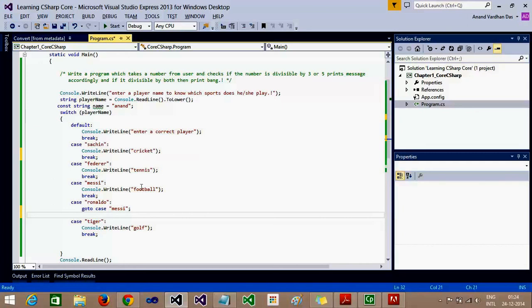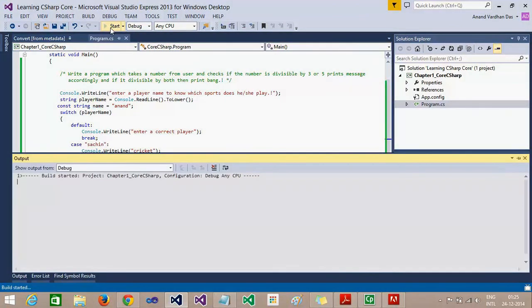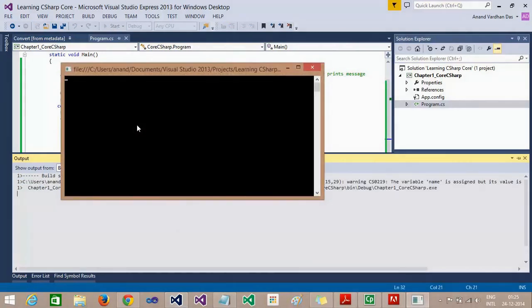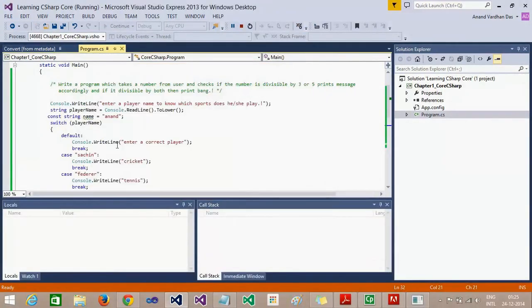Now this is achieving a fall through. For the case of Ronaldo I'm not printing football, but if I enter Ronaldo, the control will go to Messi and print whatever statement it has.